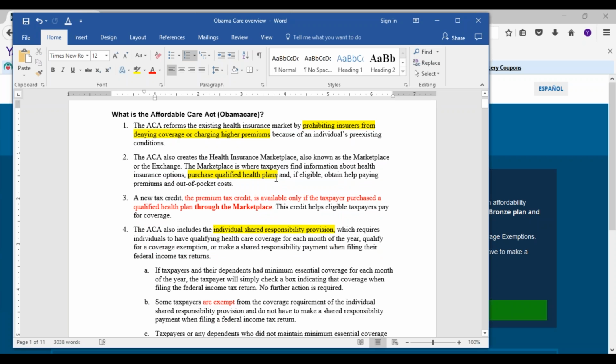With the Affordable Care Act, what this law did back when the mandate started in 2014 is it prohibited any insurance companies from denying coverage or charging higher premiums to any of its clients because of any pre-existing conditions. Because if someone had cancer, the insurance company may not cover them at all, or if they did, they would charge them an exceedingly high premium rate due to the expected high cost associated with their condition. So in order to have everyone on the same level playing field, getting the same premiums,